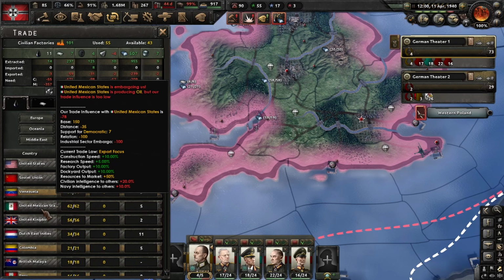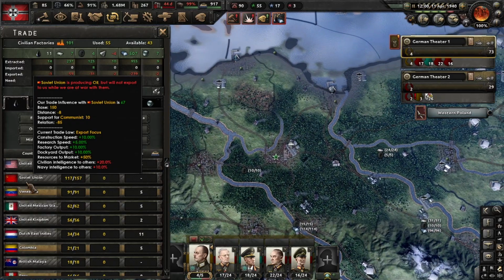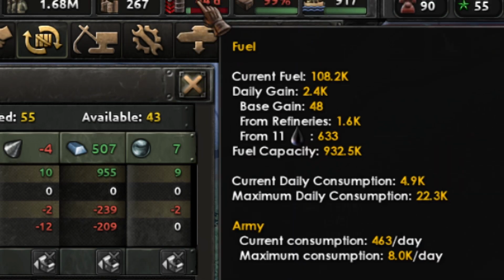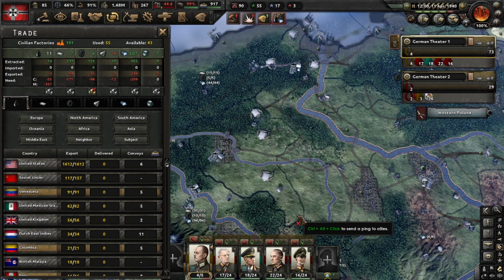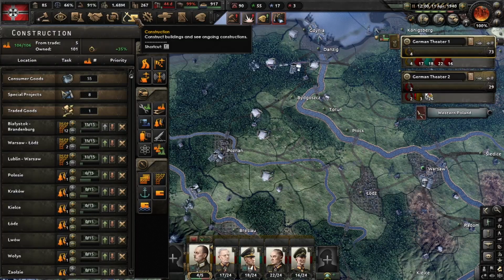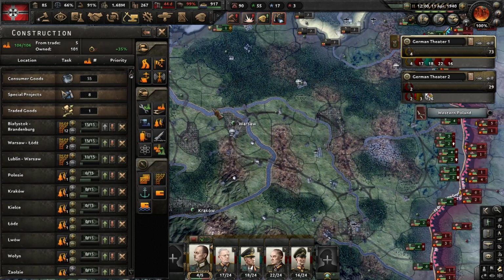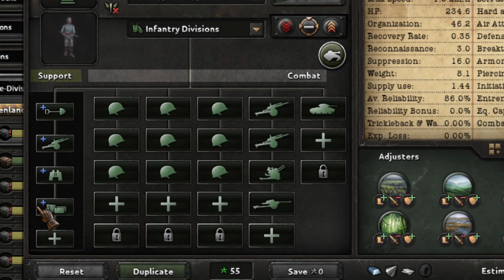And it seems we are buying all we can, and the Soviet Union, of course, is not selling us anymore. So before declaring war on the Soviets, be sure to have 100% fuel, buy from them. The only thing I can do now is build more refineries and improve my technology to refine fuel. And that's all. This is my main infantry template, and I'm adding a logistic company that will help in the advance